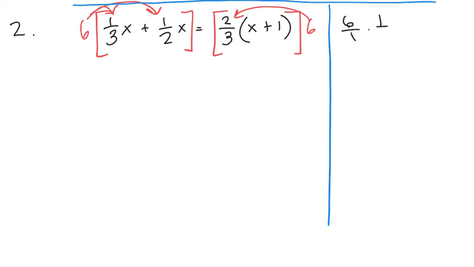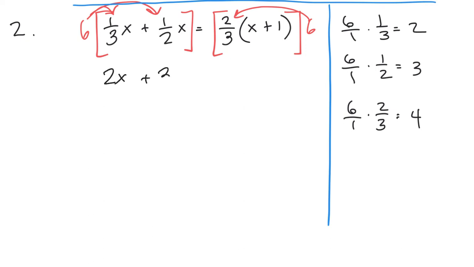I've got 6 over 1 times 1/3, and that is going to equal 2. I have 6 over 1 times 1/2, that will equal 3. And 6 over 1 times 2 over 3, and that will equal 4. So basically, I did the multiplication here, here, as well as here. I did it all on the side, because sometimes it's easier to write out fractions. So now getting rid of the parentheses here, getting rid of the brackets, I get 2x plus 3x equals 4